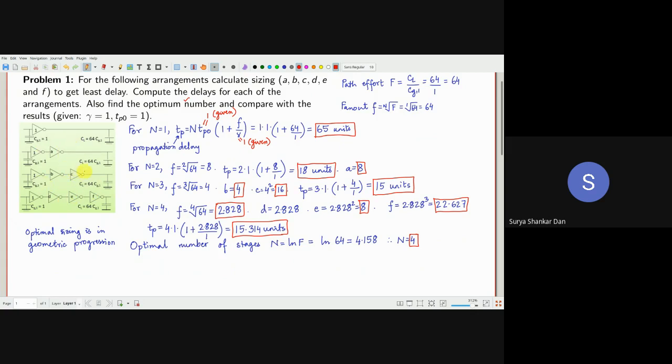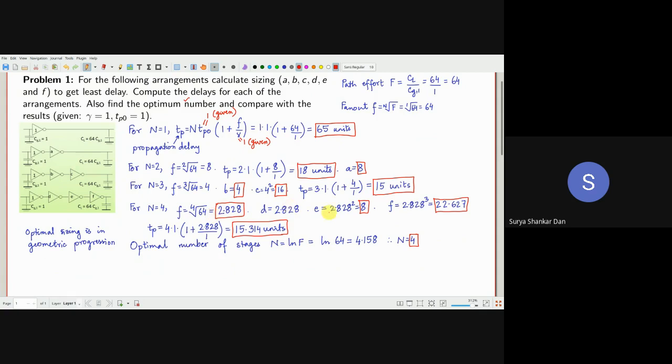Optimization means essentially, to minimize the delay, what should be the sizing. And this another question is, to minimize the delay, what should be the number of stages. You might think that if we go on increasing the number of stages, we will be getting lower and lower delays. No, because if we add another stage over here, instead of 4 we have one more inverter, what will happen? Each stage will essentially contribute its own propagation delay, TP naught, isn't it? Now the problem is that you have to also increase the size of the inverters, isn't it? If you notice, it is increasing, right?